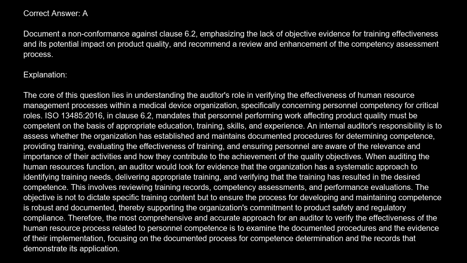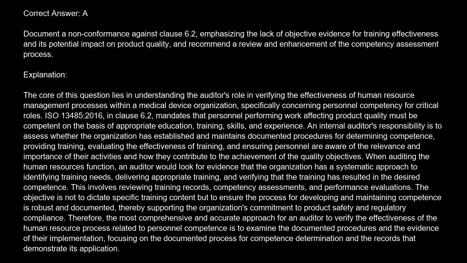Explanation. The core of this question lies in understanding the auditor's role in verifying the effectiveness of human resource management processes within a medical device organization, specifically concerning personnel competency for critical roles. ISO 13485:2016, in Clause 6.2, mandates that personnel performing work affecting product quality must be competent on the basis of appropriate education, training, skills,